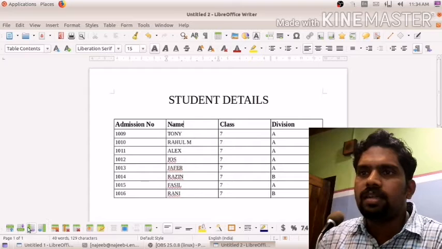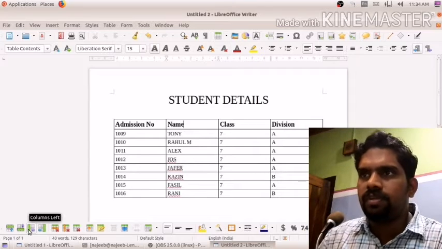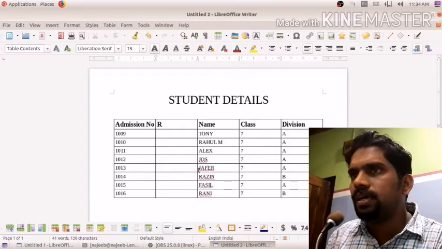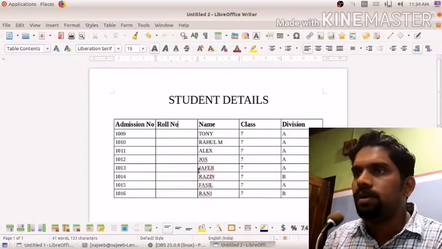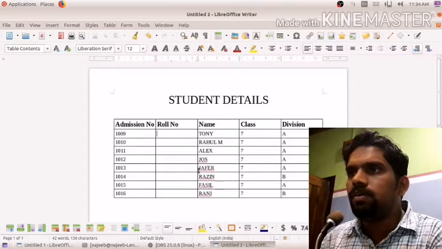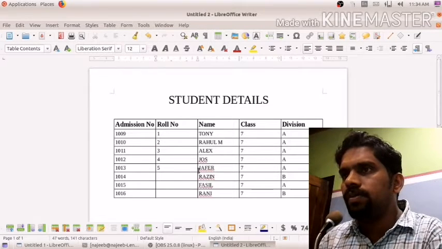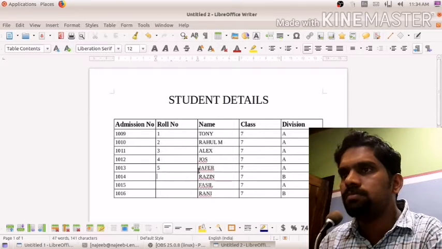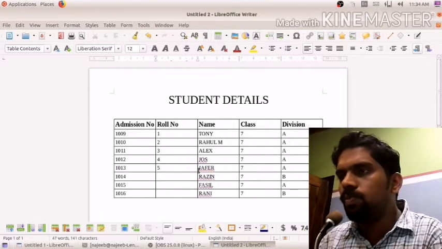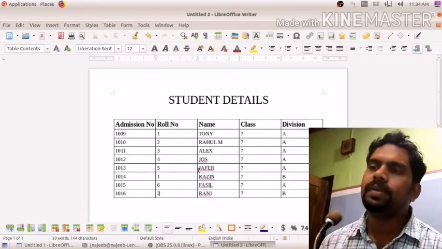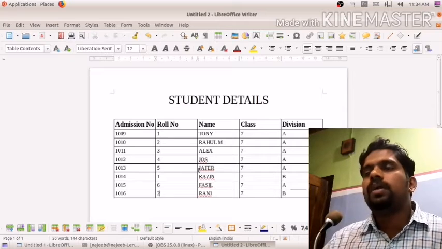So I just click this one, column left. Now one column has been created here. So we can write roll number, then we can give the roll numbers 1, 2, 3, 4, 5, like that we can enter here.